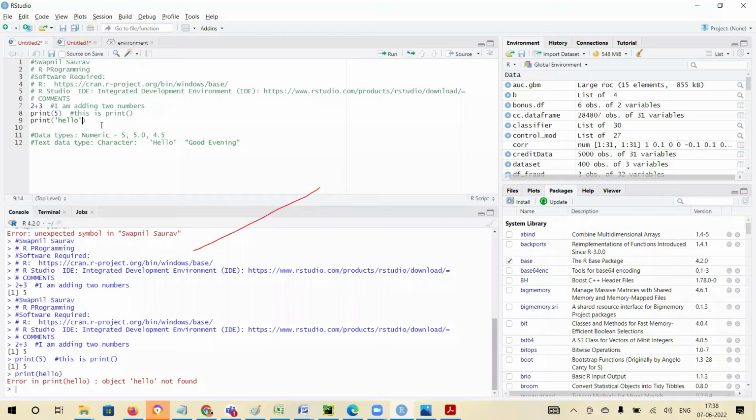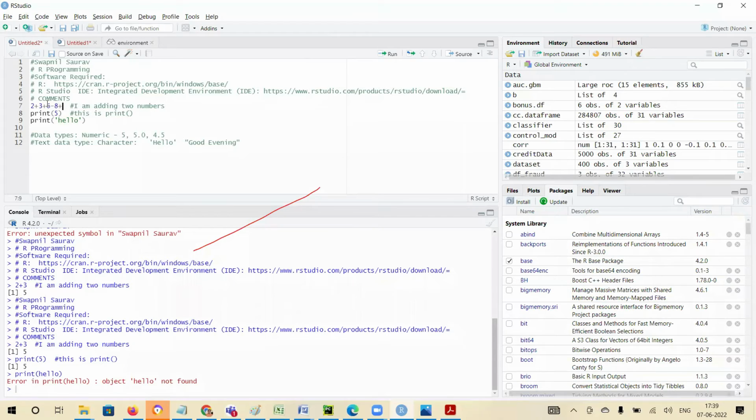Right now, I have given 3 valid statements, or 3 valid instructions, and I've written 12 lines of code here. All these are comments. Now, you have run here, and this is also run, and source is also run. There are different ways to run, and I'll show you. First option is select and run. So let's say I give 2 plus 3, and then I write plus 6 minus